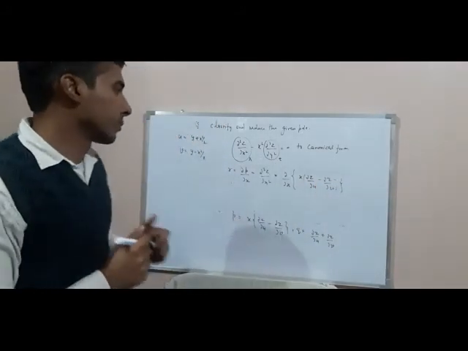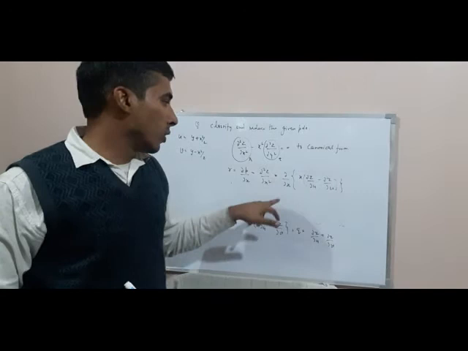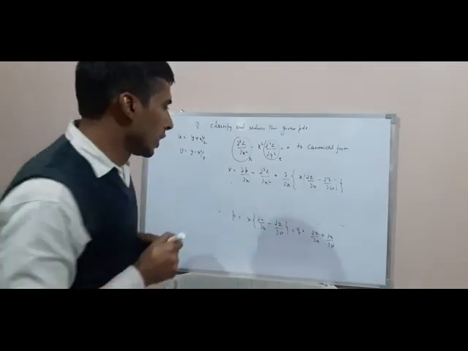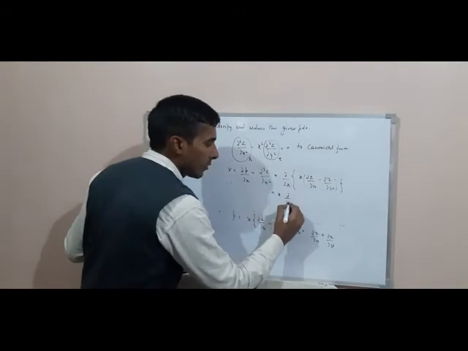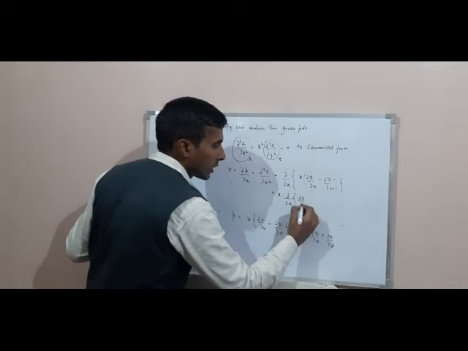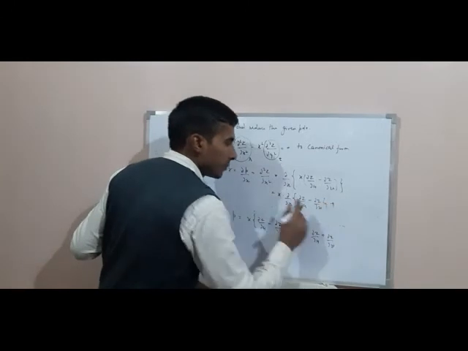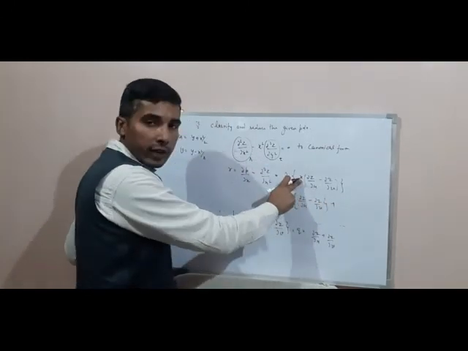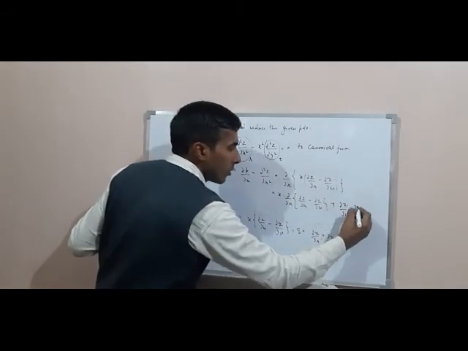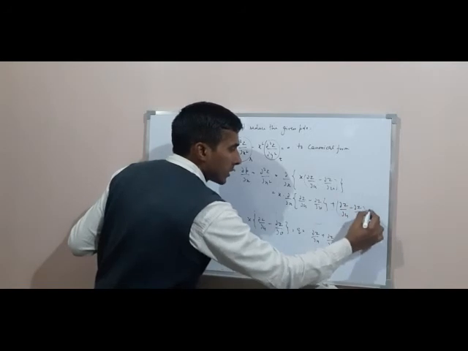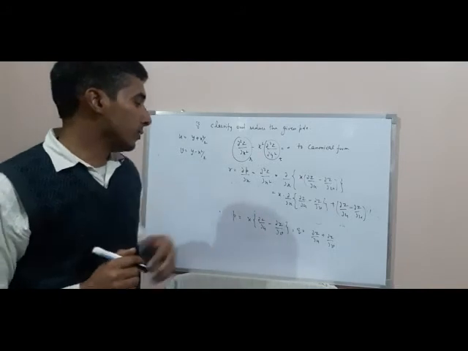Now if we treat these as two functions, the first one is x and the second one is this whole term. So we differentiate partially with respect to x: we rewrite it as the first function as it is, times the partial derivative with respect to x of the second function, ∂z/∂u minus ∂z/∂v. And then next we differentiate the first function partially with respect to x and keep the second as it is. So this is ∂z/∂u minus ∂z/∂v, and the partial derivative of x with respect to x is 1.